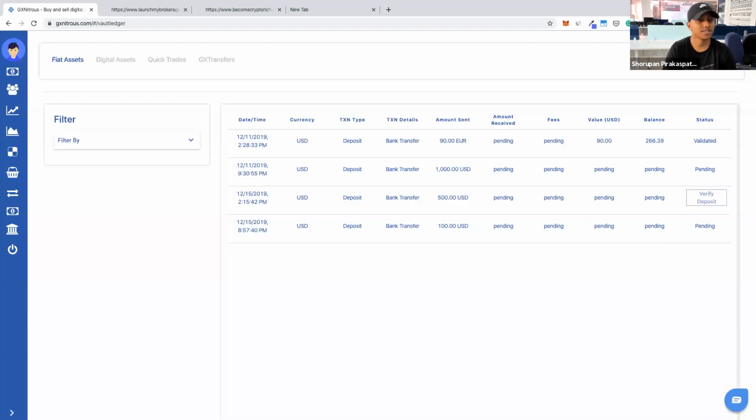Beautiful. Now the banking partner gets the transaction, and he will then change it to validated as long as the funds land. If the funds land the next day or the next day, they'll obviously wait for that. They'll go into validated and they will give you all the input amounts, which in this case is